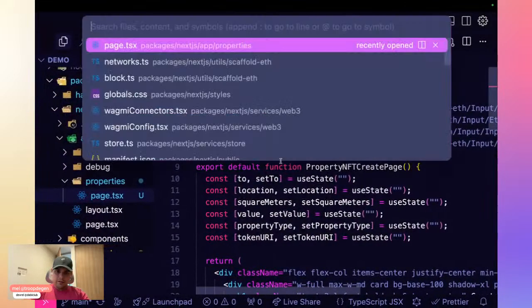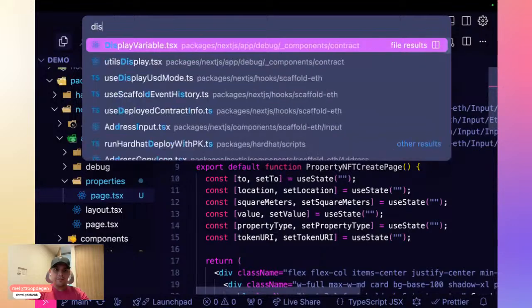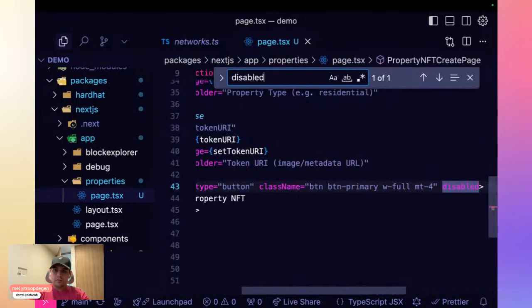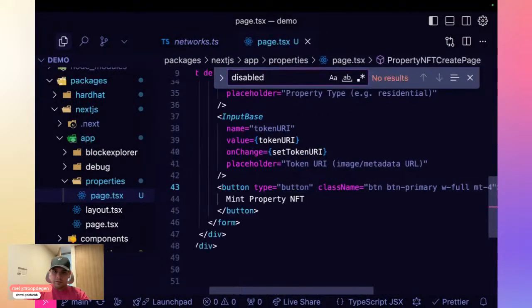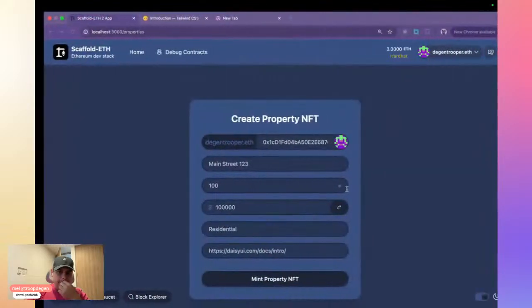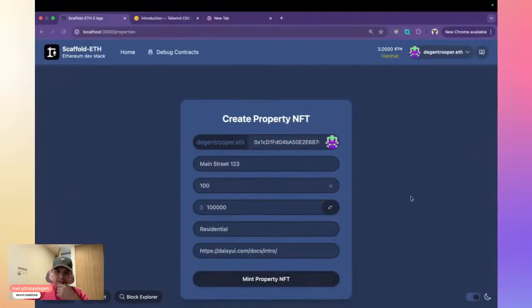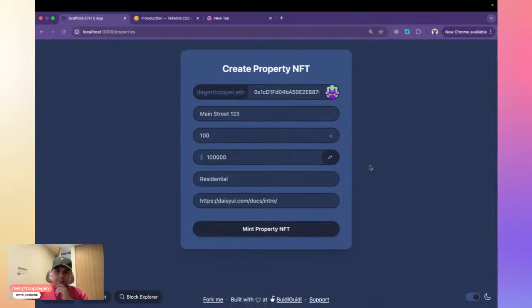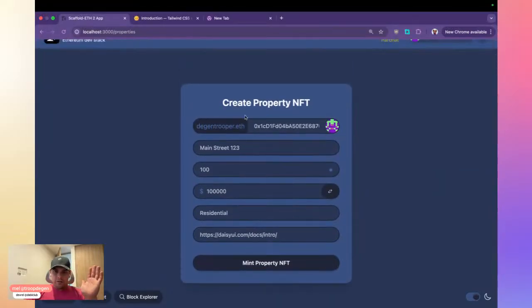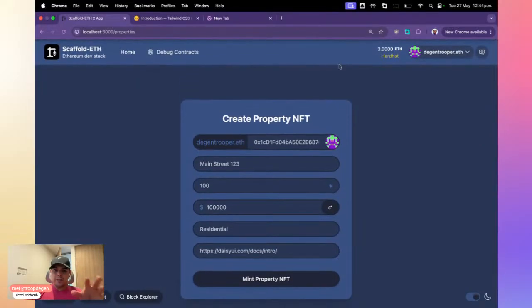Let's take a look. Disabled. It's always disabled. It shouldn't be always disabled. So it's a placeholder, so it's not connected or anything. But we have our UI at least, and I'm just going to connect it to the Mint functionality, so we can start